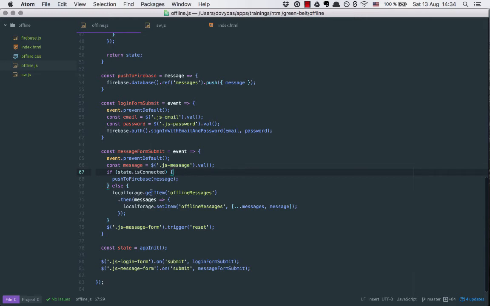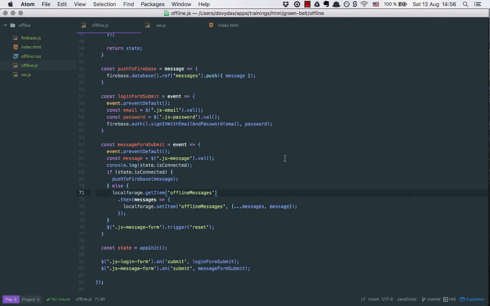Okay, so what we do is, first of all, we get all the messages, then we set this offline messages to be these old messages, right? We are spreading the old messages and we are adding the new message. It looks like I have forgotten to add one extra line of code to handle the case when our